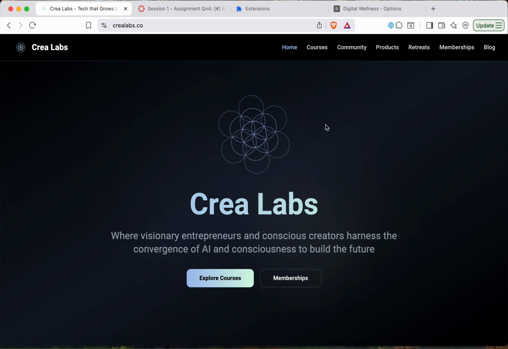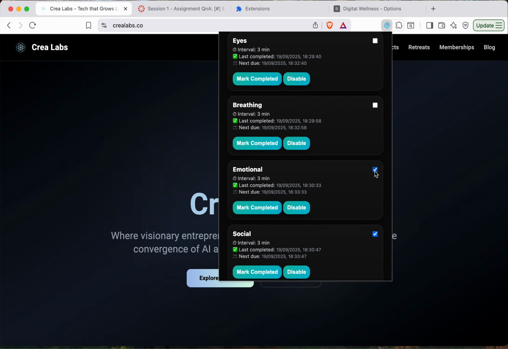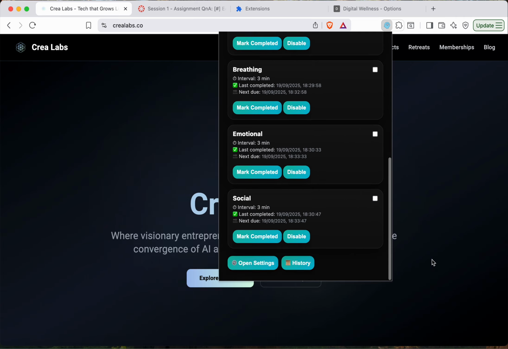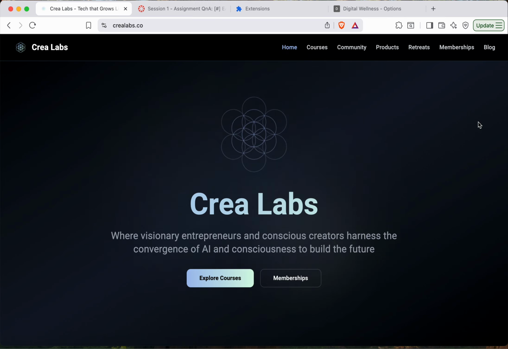Okay, let me deactivate these so that these pop-ups don't come up once again. Awesome. So this is phase one of development. As I told you, right now it's just configuring static intervals and a bunch of fixed reminders which will keep showing up.